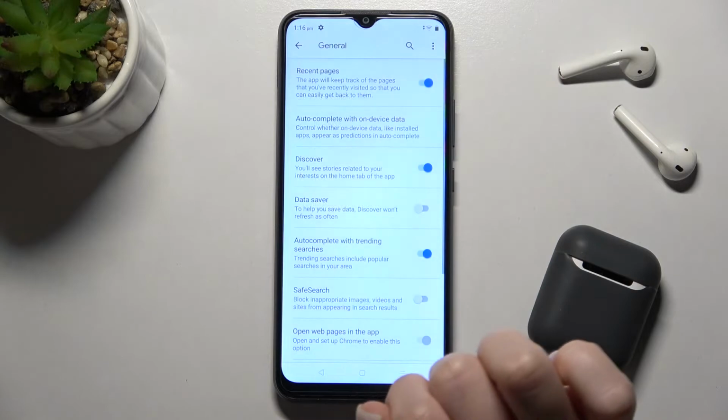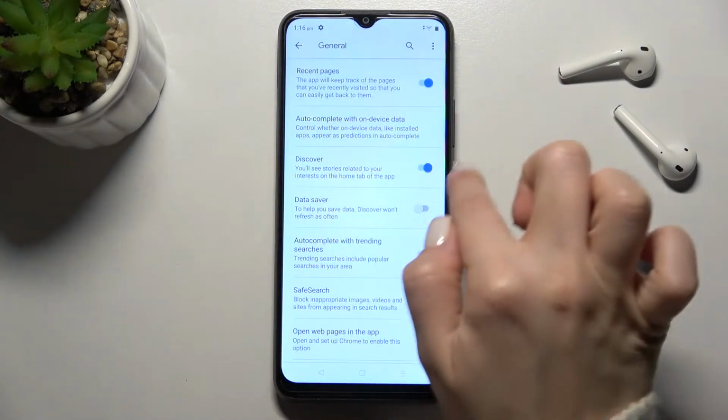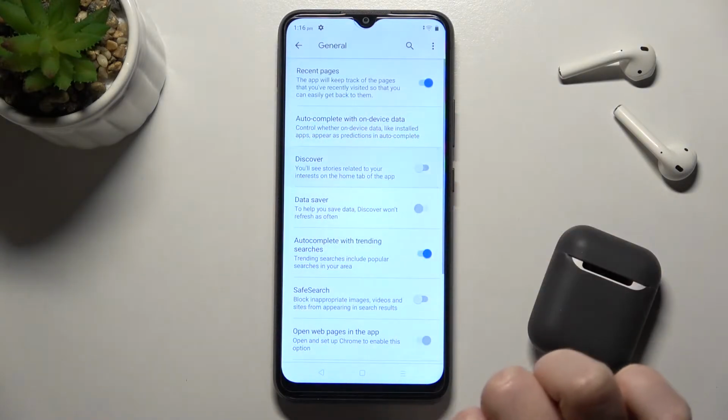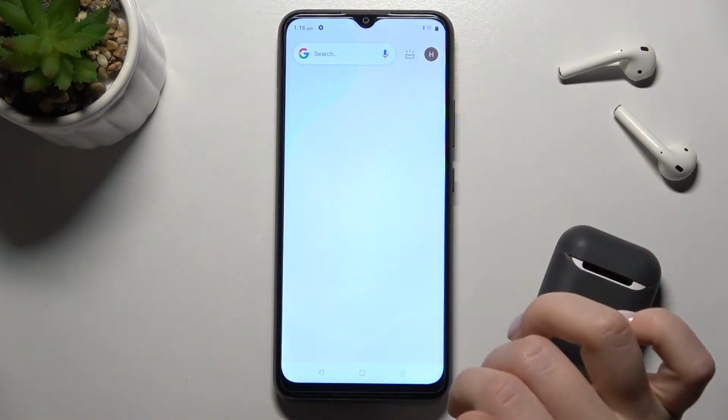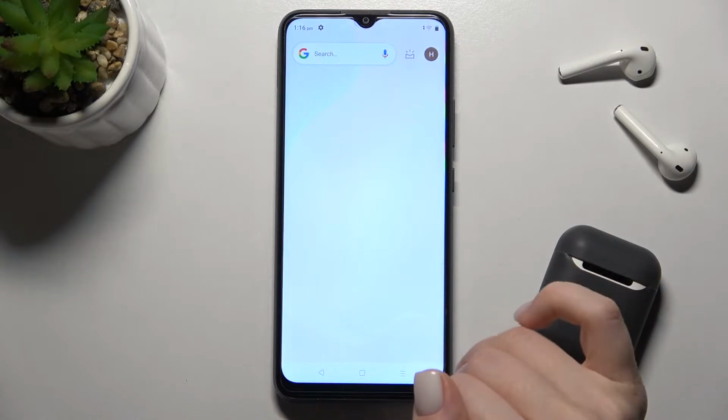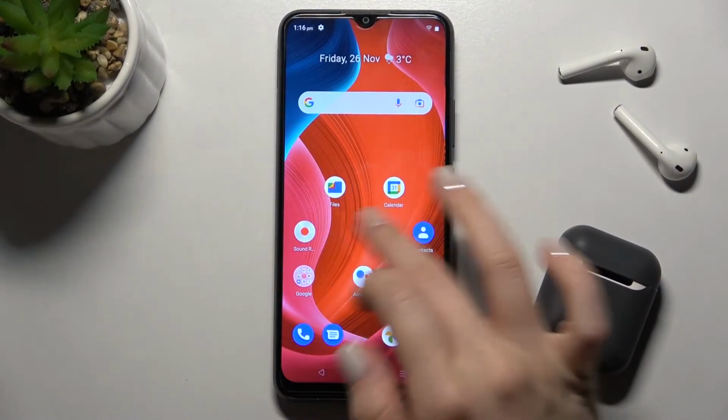here tap to the general. Right now you can see here the discover section. Just tap here on the switcher, and now we'll just check. Yeah, as you can see, our Google Feeds is turned off, and if you want to turn it on